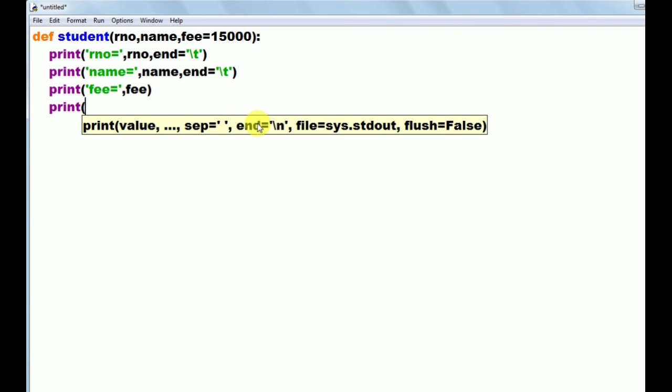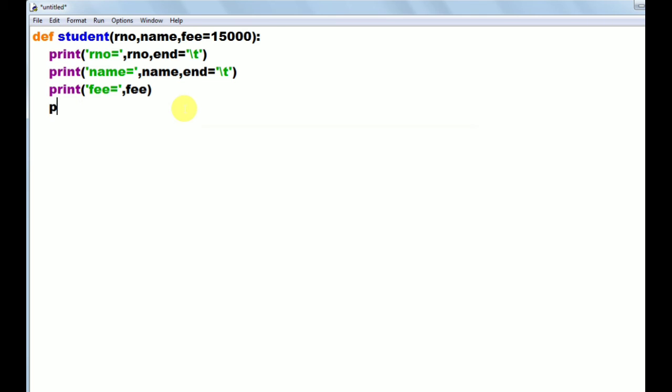So like that, here we defined our own function, that function is student. In this, roll number and name are the non-default arguments, and this fee is the default argument. So we are giving the fee value as the default. Now I want to call this function. So to call this function, I am writing student of, I am giving student roll number as 10, student name as Srinu. I am not giving any fee value.